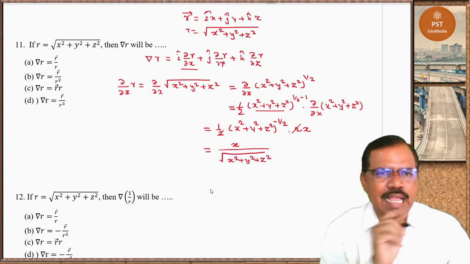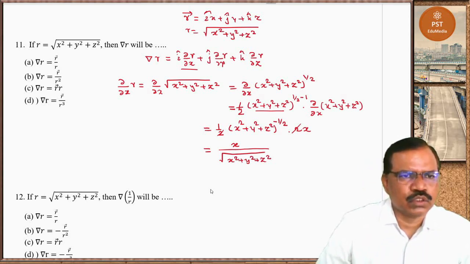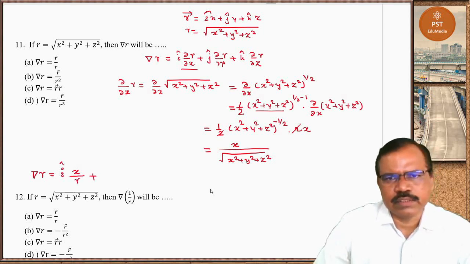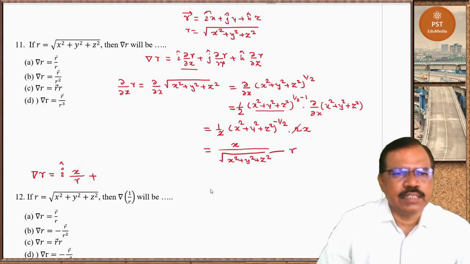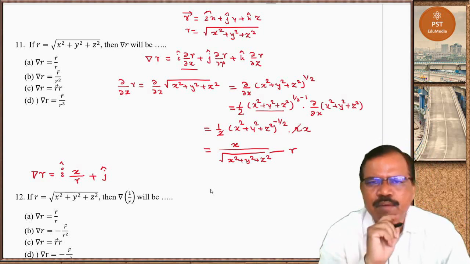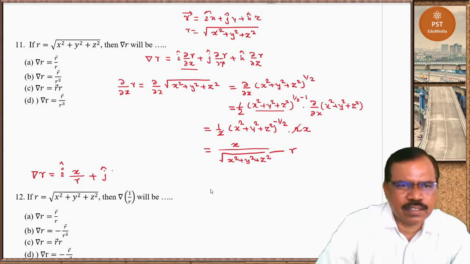so we will get root of x square plus y square plus z square. This is what, the partial derivative of r with respect to x. So we will get del r as i times x upon r, this is r, plus j times, what will be the value of the partial derivative of r with respect to y? Go by this: y by r. You will get y upon r plus k times,